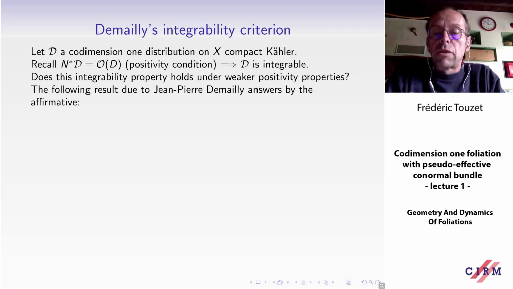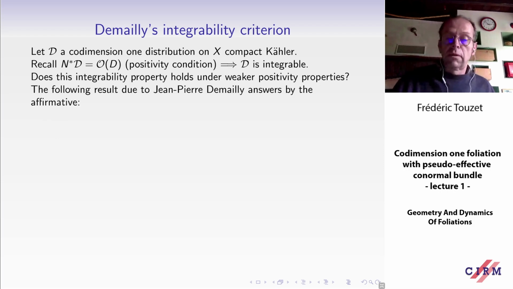And it's natural to ask whether this integrability property still holds if one weakens the positivity properties of the conormal sheaf. And it turns out that the answer is affirmative, following the theorem